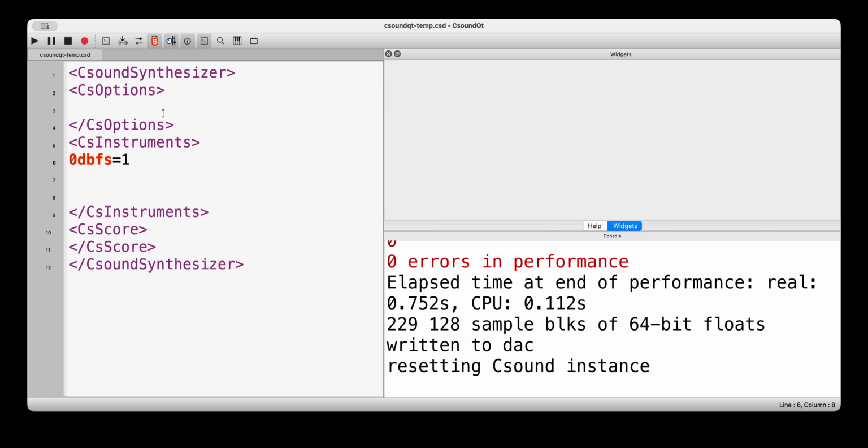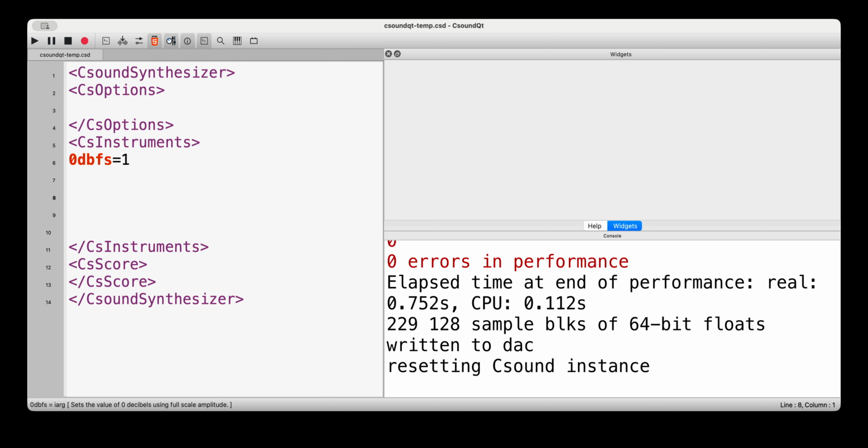Okay, so we'll try to look at some MIDI input to Csound now. We're going to be using the MIDI keyboard here, the virtual MIDI keyboard in Csound Qt, and we're going to be writing just a normal instrument and then mapping the MIDI input directly to the instrument. So here we're going to start with a really simple instrument,